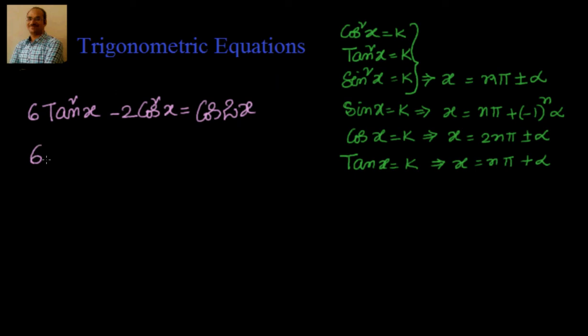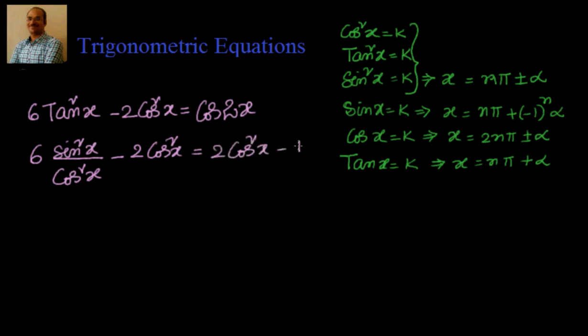So I'm trying to convert this as 6 sin square x by cos square x minus 2 cos square x equal to cos 2x. I will write it as 2 cos square x minus 1, so that I can convert this into a cos square. Now I will multiply the whole left hand side and right hand side by cos square x. So what happens now? What I will have is,